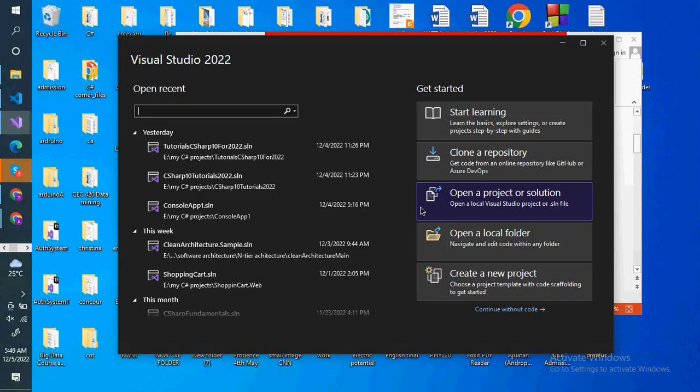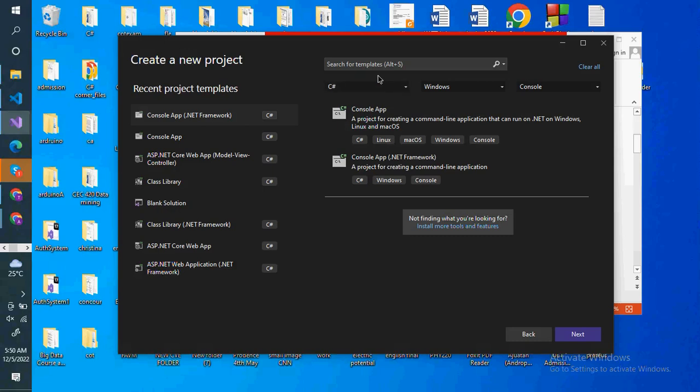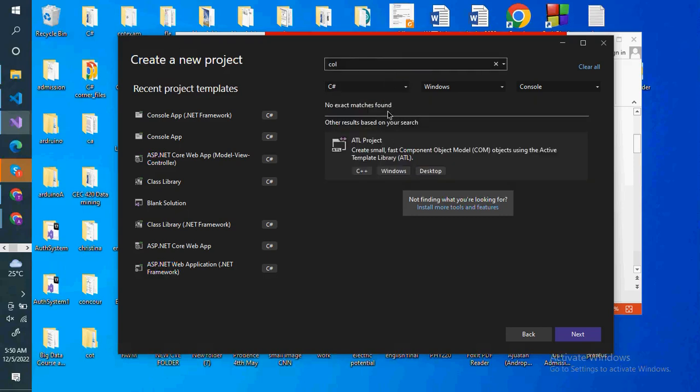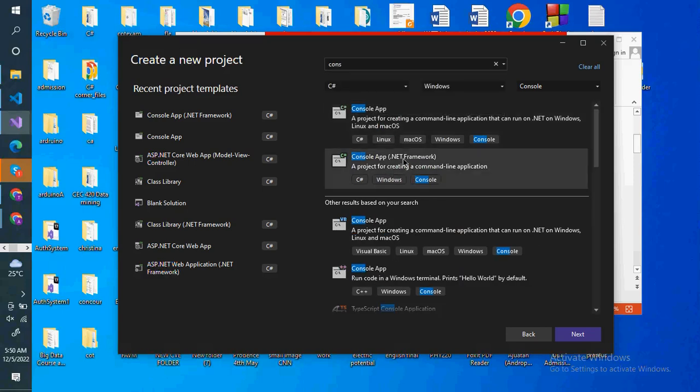When I open my Visual Studio Code, I'll go to create new project. So when you open it, you see this interface. I'll go to create new project. I'll click on it. And once I click on it, I want to write a console application. So if you don't find it here, you just search in this box, console, maybe console application. You filter these things that are there, like you see. But this is what we're using. So you select this one. You select console app .NET project creating a command line, because a console application is actually a command line interface program. So you just click on next,